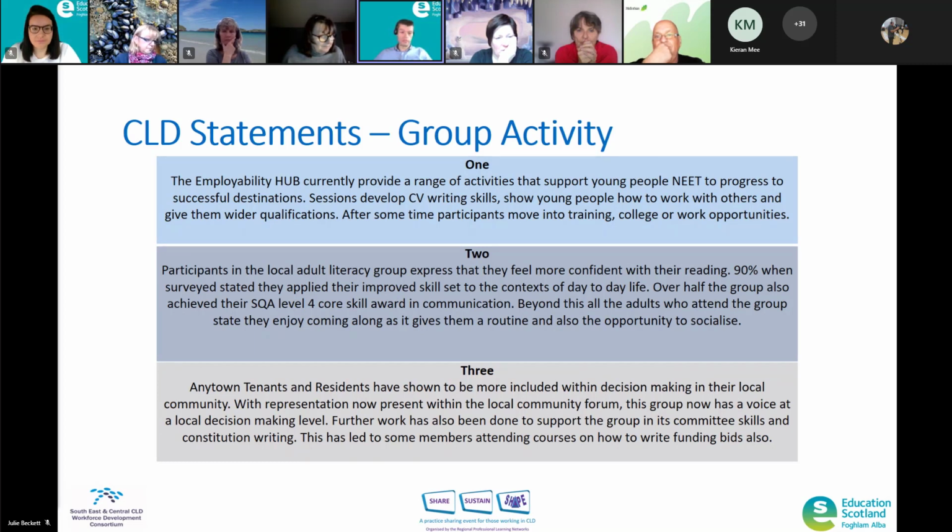Were they still in that sort of apprenticeship scheme? Were they still there? Yes, they were. So that's the proof that they've sustained it. So you can see, yeah, you would need to add a little bit more, as you said, to that, but you'd still be focusing a little bit, is what we thought.